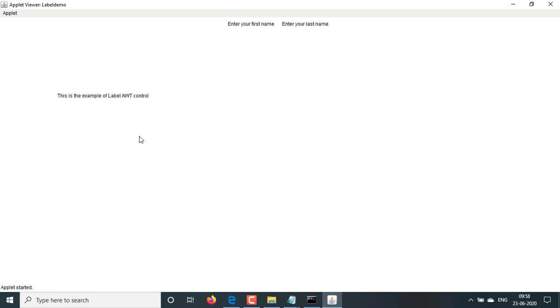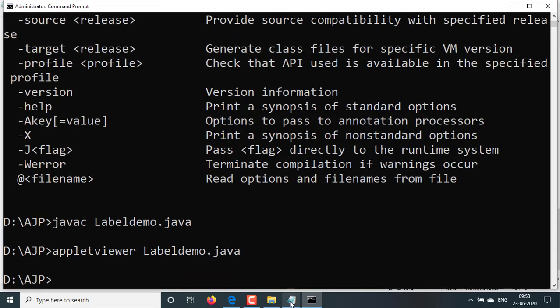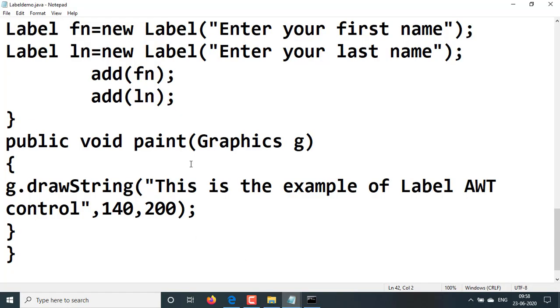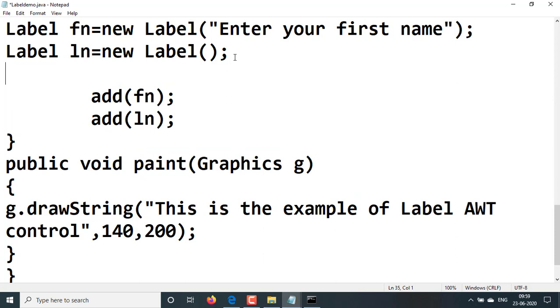Like this you can create and add the label control, or we can also use its methods. Suppose we have not written the last name text and we have used the default constructor. Here the default constructor for last name, and next you can use ln dot setText into bracket.